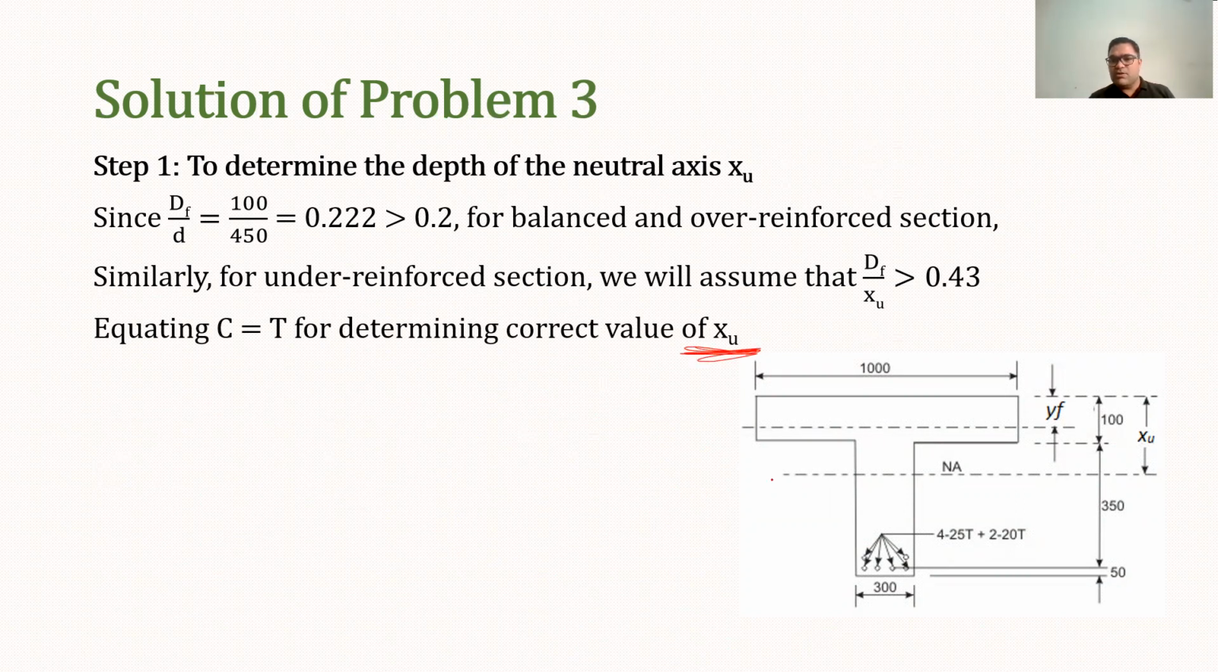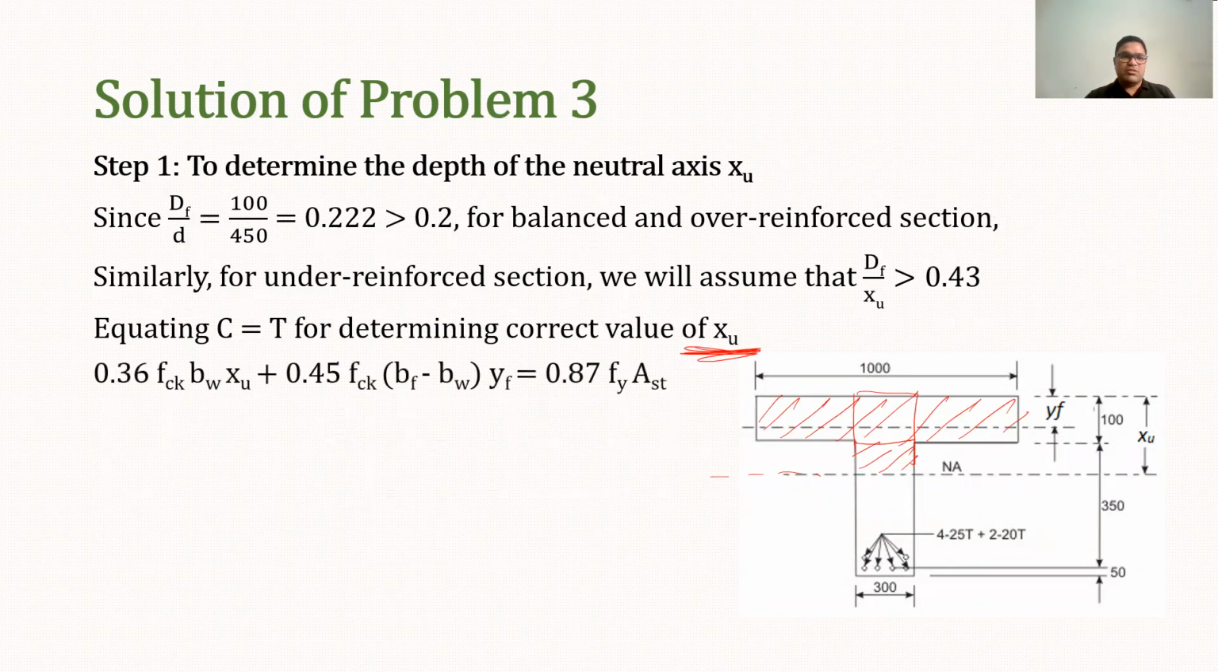This time we know that our NA will be in the web. So again it means that the whole flange and part of the web will be under compression. So again we will use the same C formula that we used in the previous problem, which is 0.36 FCK BW into XU. This is the compressive force taken by this part, and this is the compression force taken by only this part,